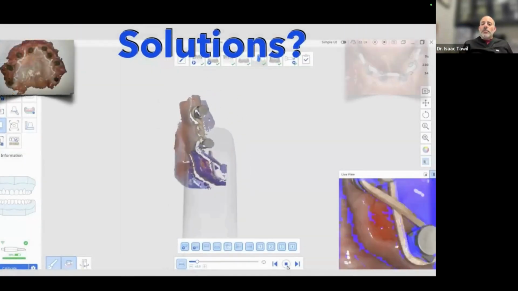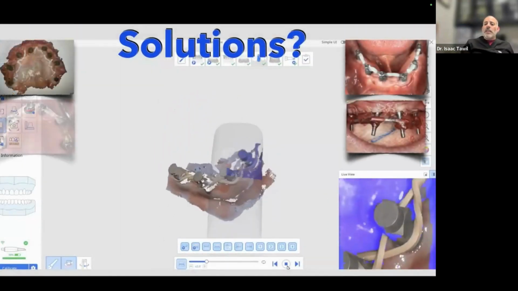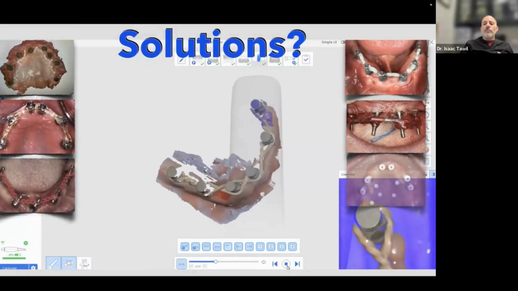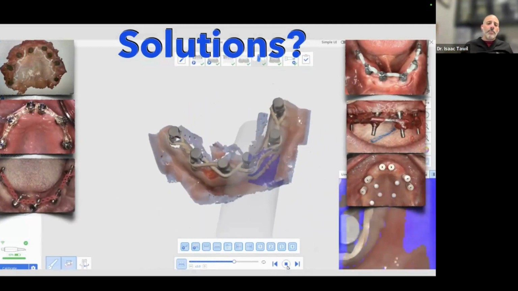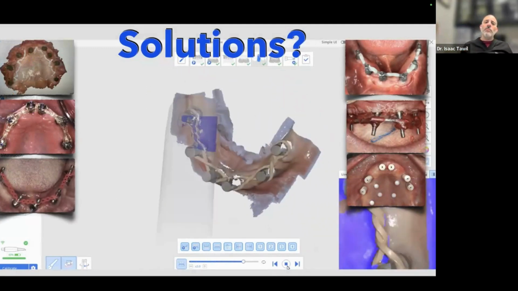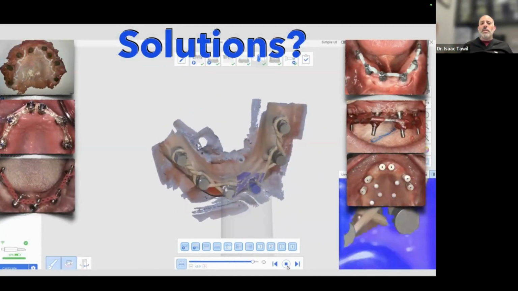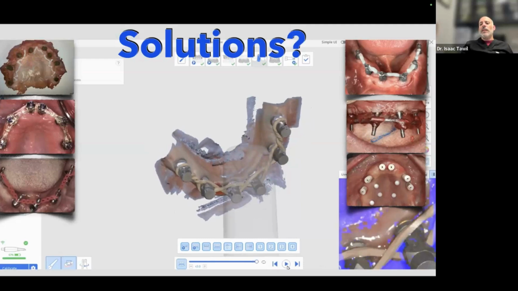So we've come up with lots of different designs and ways. I used to use rubber bands and things like that to try to carry me over. We've used tags, ortho wire, you name it. Up in the top left, there's my friend Jonathan Oppenheim, who used to do his composite curve to try to get some accuracy on that. It's very difficult. And we've come up with different types of scan bodies and things over the years.